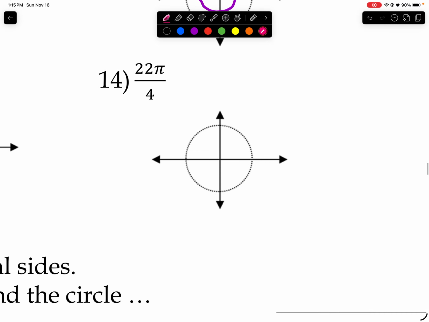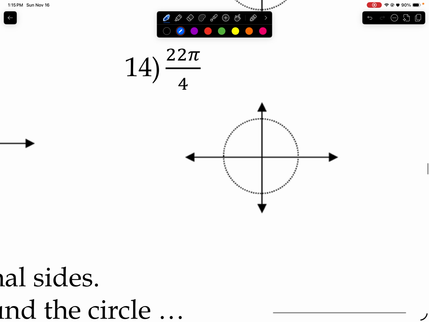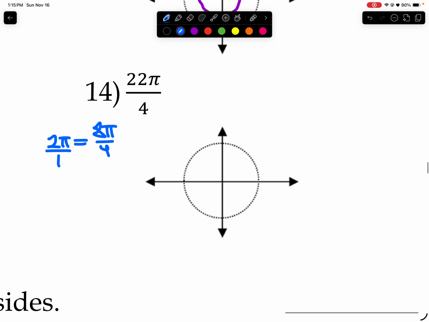Okay, and then over here, now we have 22 pi over 4. This is going to be a few rotations. So first thing I want to do is get 2 pi with a denominator of 4, which means I'm going to multiply the numerator, that'd be 2 pi over 1, times 4, which is going to be 8 pi over 4. That's 2 pi. So I'm going to subtract 2 pi, which is the same as subtracting 8 pi over 4. So I'm going to take away one rotation. Taking away one rotation is going to give me 14 pi over 4,